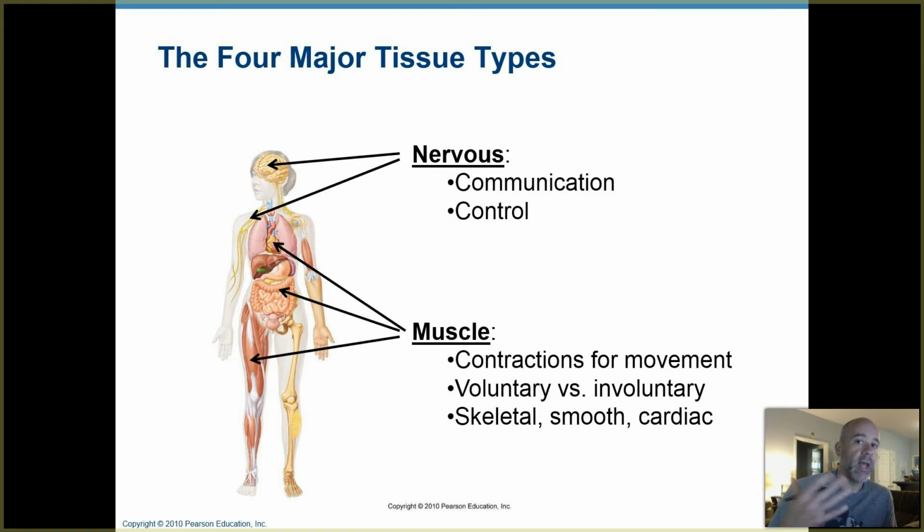And then the unique combinations for how they're put together determines the function of that particular organ or anatomical structure. All right, so your 4 major tissue types are nervous tissue, muscle tissue,